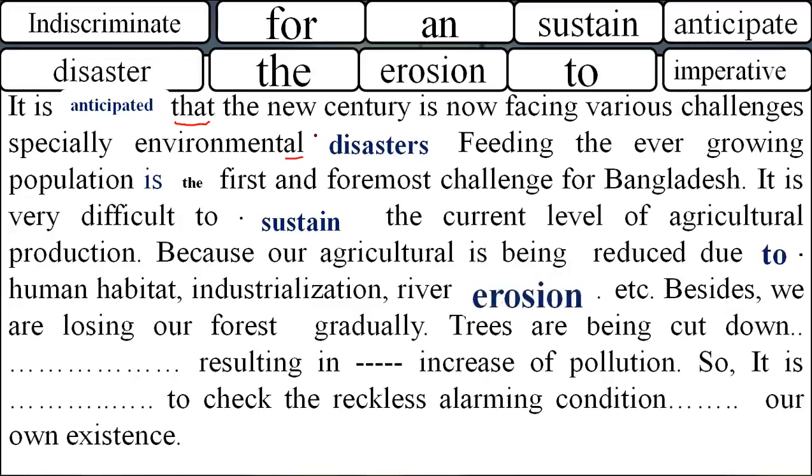Besides, we are losing our forest gradually. Trees are being cut down. Cut down, কেটে ফেলা হচ্ছে, কিভাবে কেটে ফেলা হচ্ছে, in that case we have to use an adverb. How are they cut down? They are cut down indiscriminately. Indiscriminately, নির্বিচারে, trees are being cut down indiscriminately, okay, resulting in